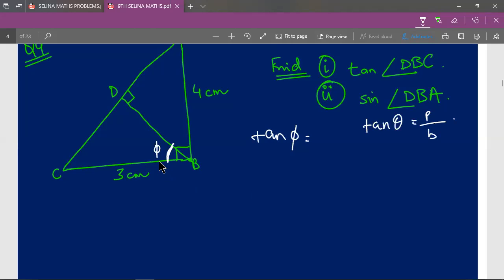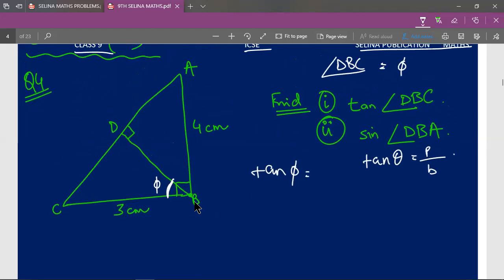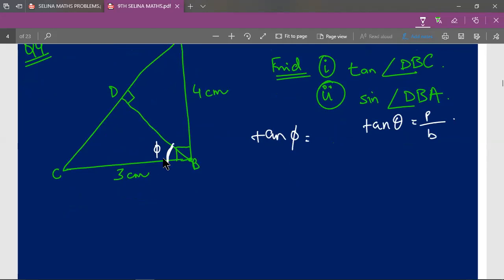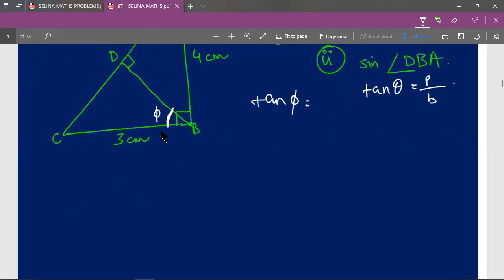In earlier videos, I had mentioned that for all the angles you have to find, say for example tan or sine or cosecant, you should get them to the ground, not to the air. What do I mean by that? This angle here is on the ground, there's no problem in that. But the 90 degree is in the air. So all we'll do is adjust this figure in such a way that the 90 degree is down as well as this phi angle is down. So that will be like this.